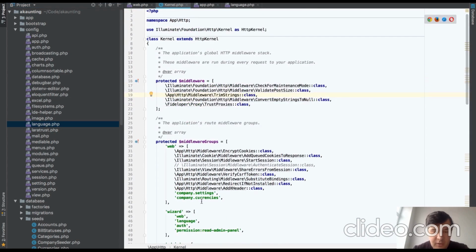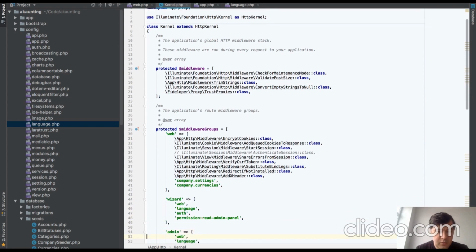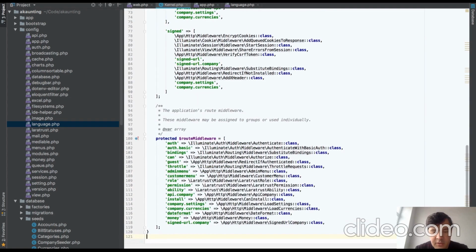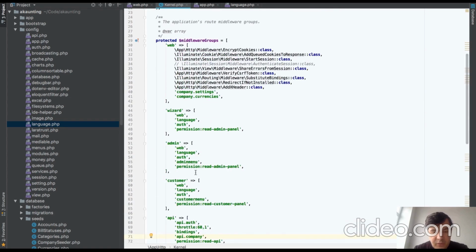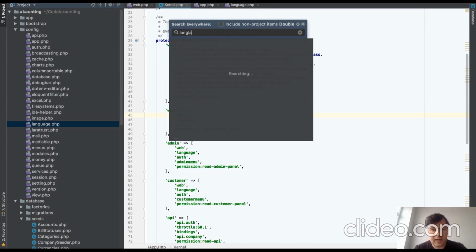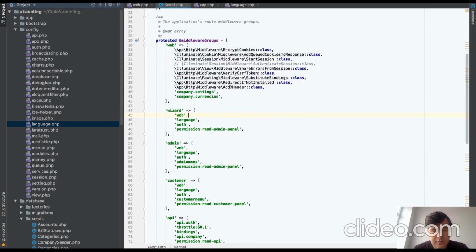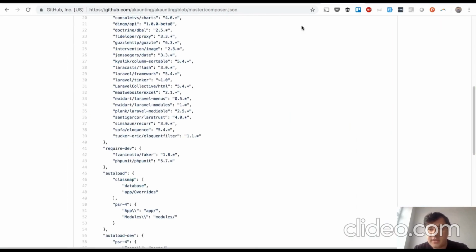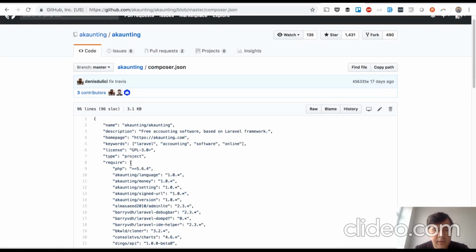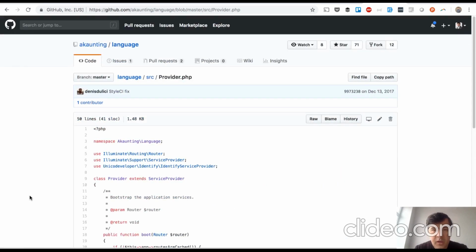And there are a lot of middlewares. And actually there are groups of middlewares. So wizard, admin, customer, and others. And there is language here. But what is language? If we try to find a language middleware or something, there's nothing to be found. But then I realized that they use their own package. And how it works is, in their composer.json they have accounting language 1.0, and if we go to this package,